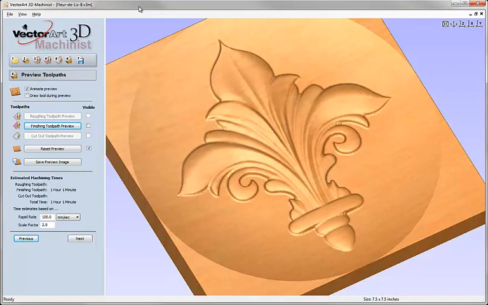If I decided I wanted to be picking out more detail, then I either need to make the part bigger or use a smaller tool, and if I decide that the finish on it is too rough, then I would need to use a finer step over or potentially a smaller tool again in order to make sure I'm getting that combination of detail and smoothness. In this case I'm happy with the way this part looks, so I'm ready to go ahead and hit the